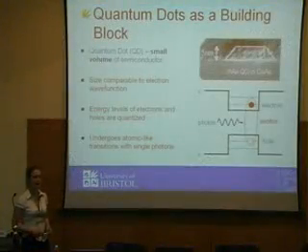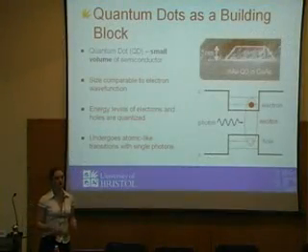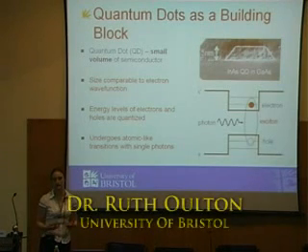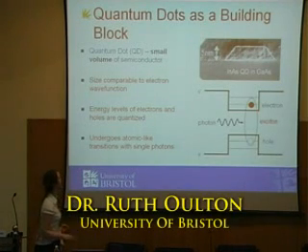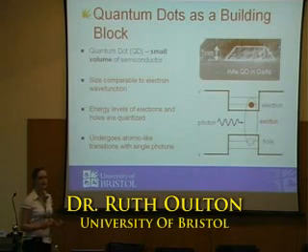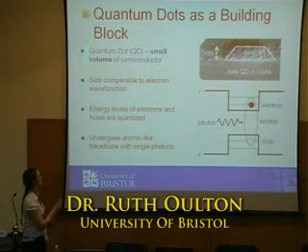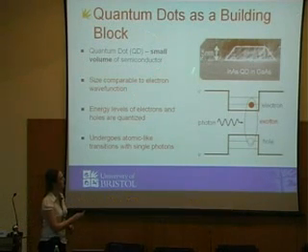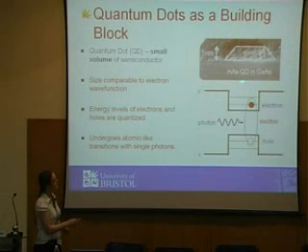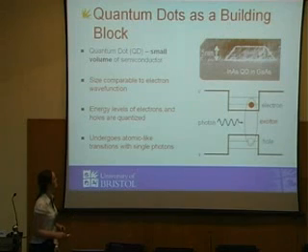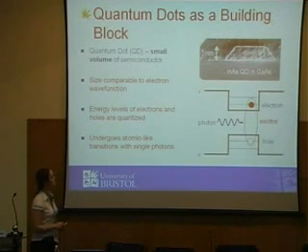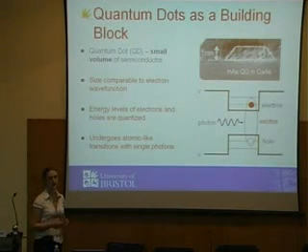Today I'm going to be talking about how we use quantum dots to achieve this photon flying qubit and spin static qubit system. So a quantum dot is a very small volume of semiconductor. Here I'm showing you an SEM image of one of our quantum dots, and these are indium arsenide quantum dots inside a gallium arsenide matrix. The size of these quantum dots is comparable to the Bohr radius of the electron